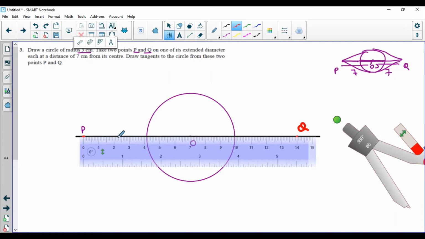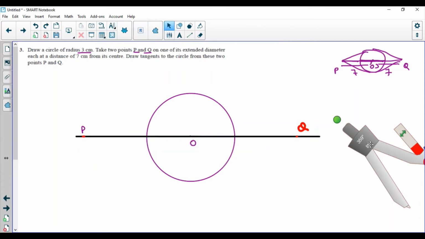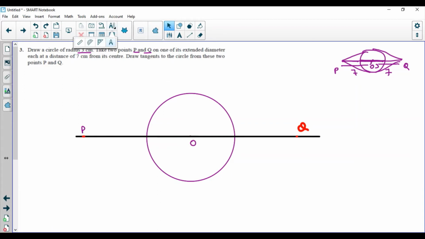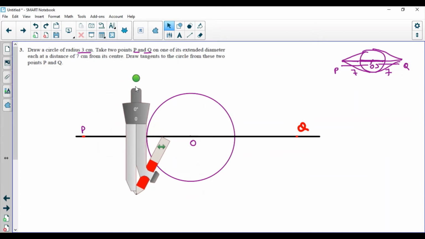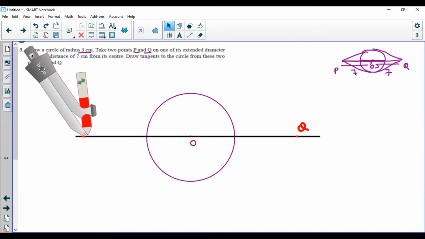Now from these 2 points, we have to draw the tangent. So same steps we will do as we did in question 1 and 2. Suppose for time being you ignore point Q. Now only point P is there and one circle is there. So this is similar to question number 1. So to draw the tangents from point P on the circle of center O, what we will do? We'll join OP. It is already joined. Next step will be, we'll take perpendicular bisector of OP.